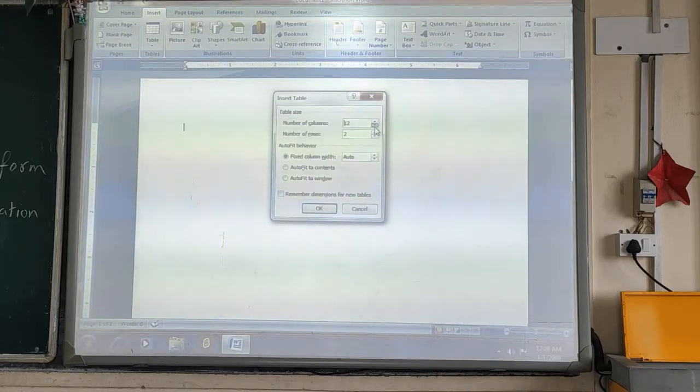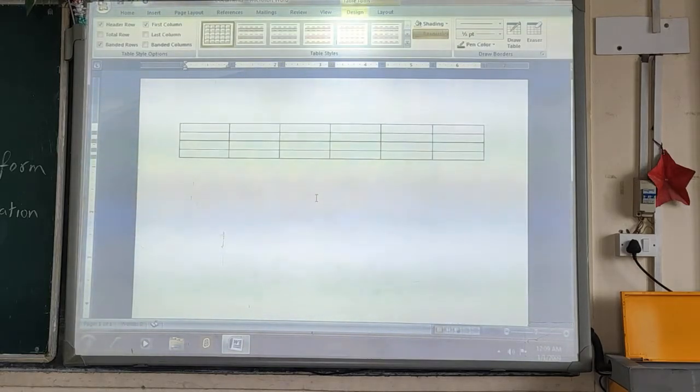Suppose here I give 6 by 4, 6 columns and 4 rows. And if I click OK, you can see the table has been created with 6 columns.